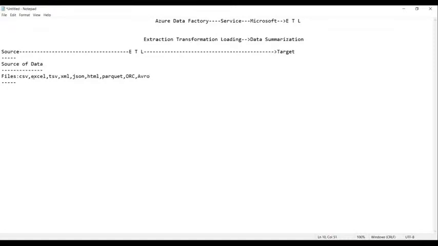These are all the various types of files where we can find the data, where we can get the data. Apart from this, everyone,